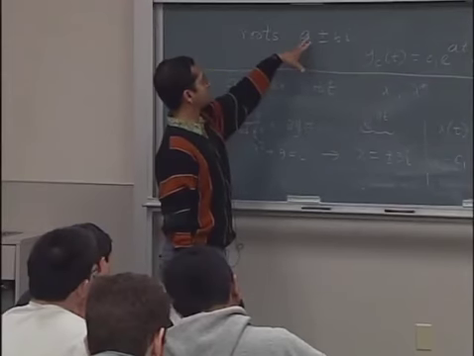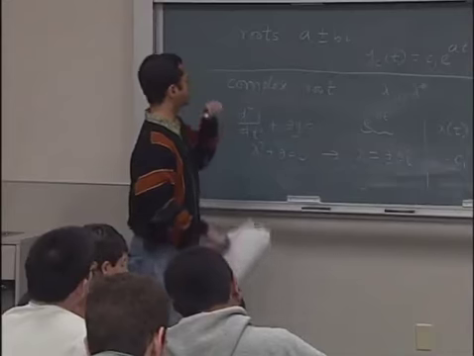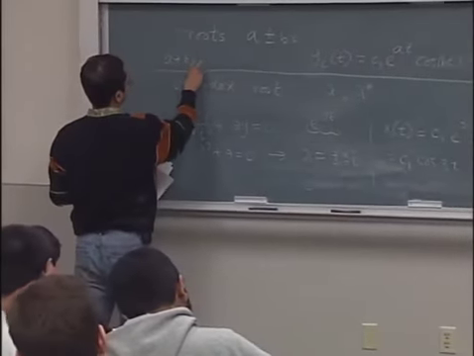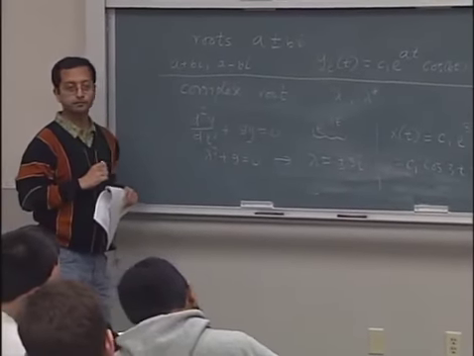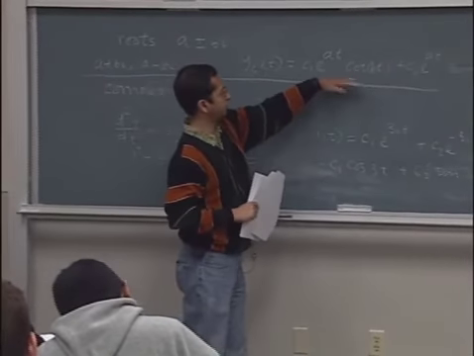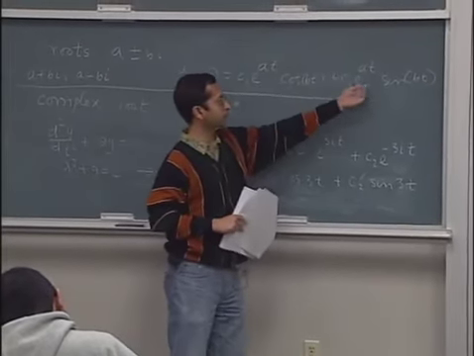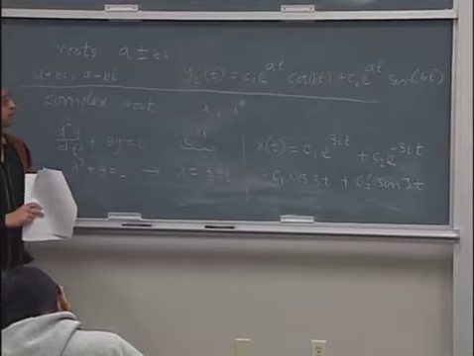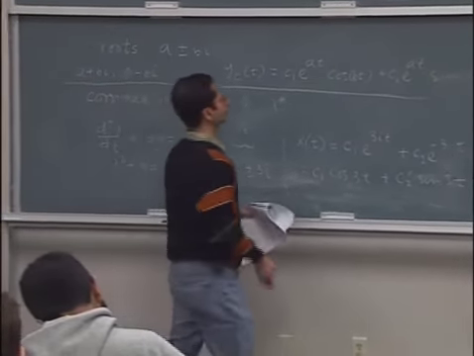But roots with a real part and an imaginary part will also come in conjugate pairs. If you have a root a plus bi, you know that you have another root a minus bi. The general form of the solution for the homogeneous part is this: you have the exponential e^(at) coming from the real part, and from the imaginary part you will have cosine bt and sine bt, or you could have written